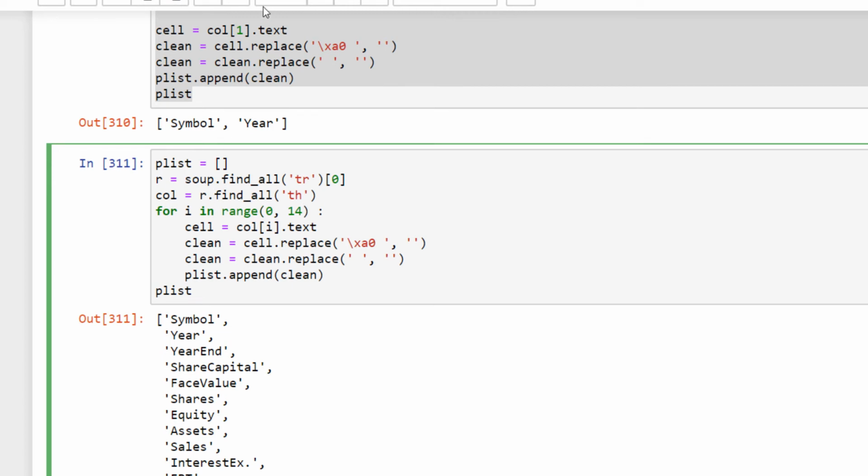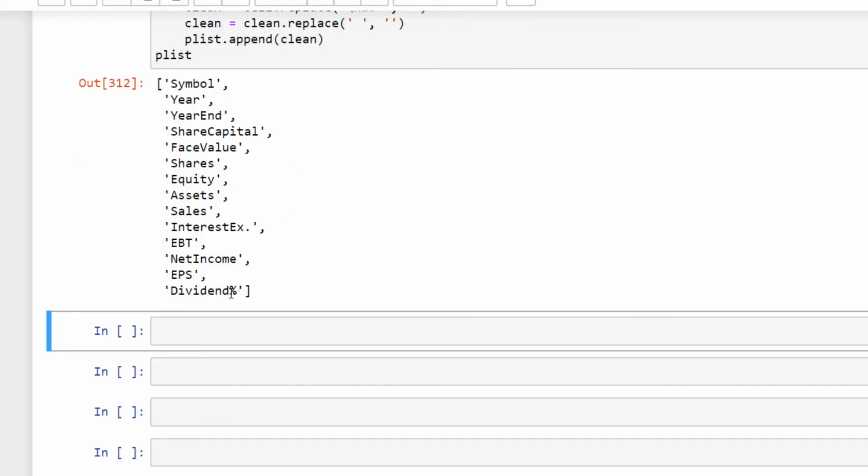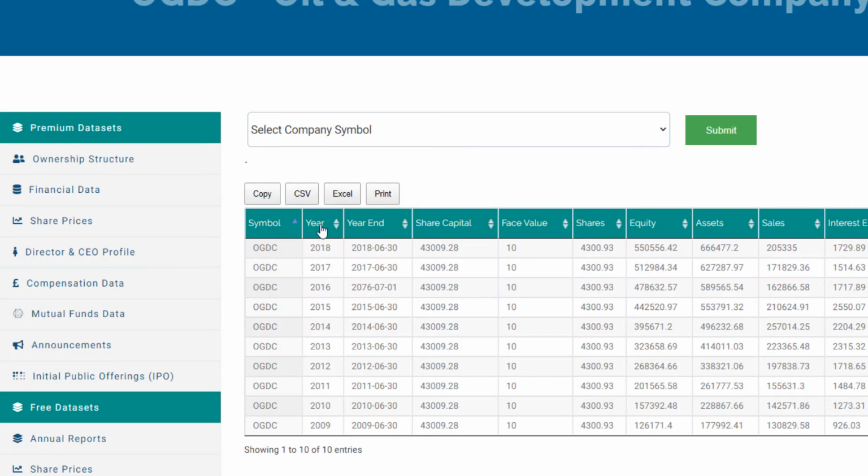And now let's run this loop again. So now we have extracted all the cells from the first row of the table.